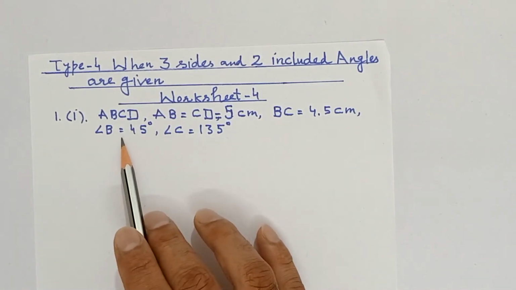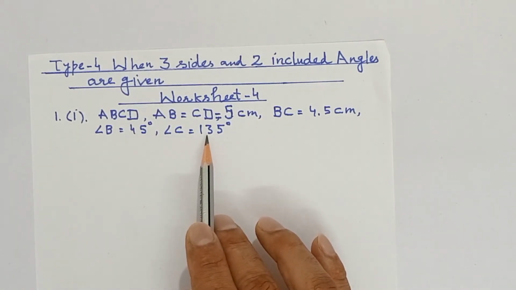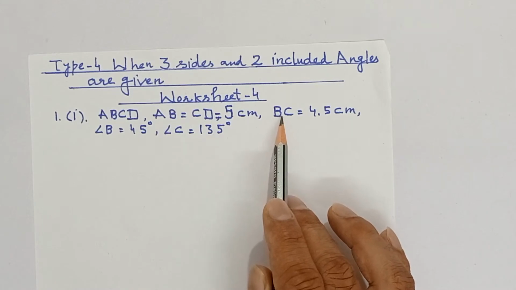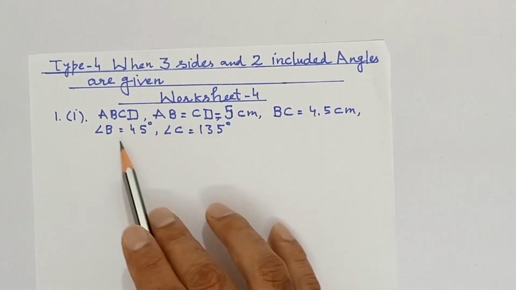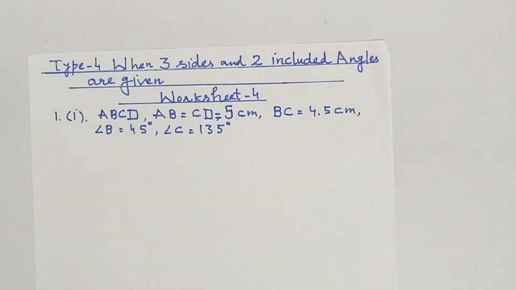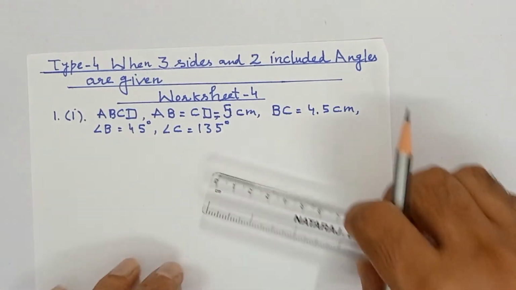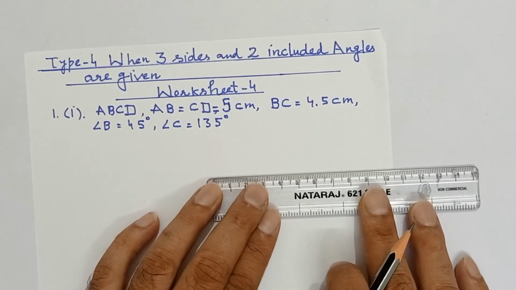So you can see here, if we are given angles B and C, then if we take BC as base, we do not require other angles. We will make angle B and then angle C. So here no such angle sum property is to be applied. How is it to be done? First, a rough sketch.